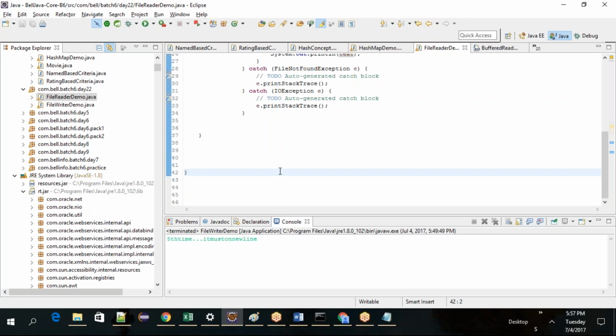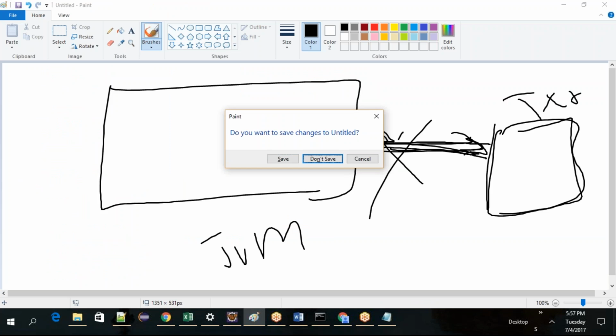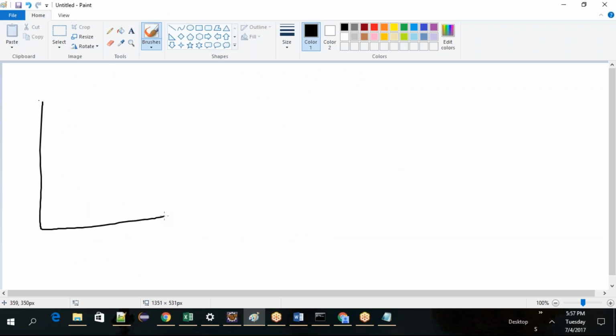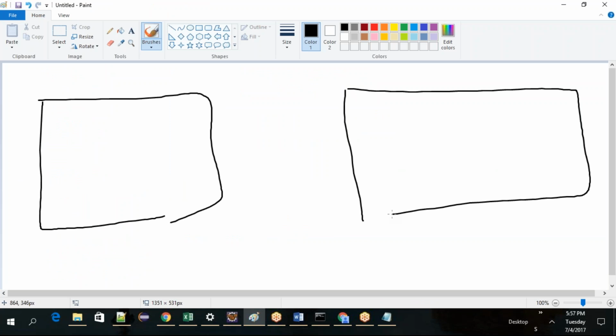I cannot pass the object, the physical object that is getting created in the memory. I cannot pass that object if I want to pass it between two JVMs. In your system, at any cost, only one Java will be running. One Java, you can put it in the class path. You can install as many Javas as you want,